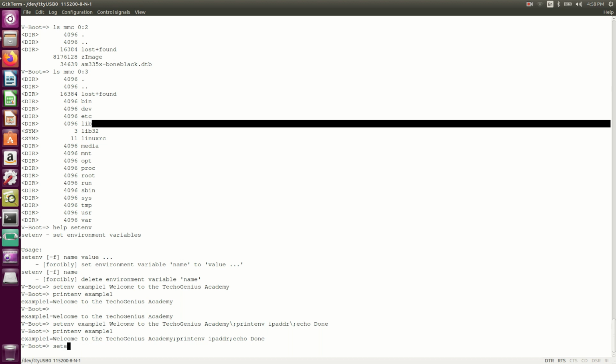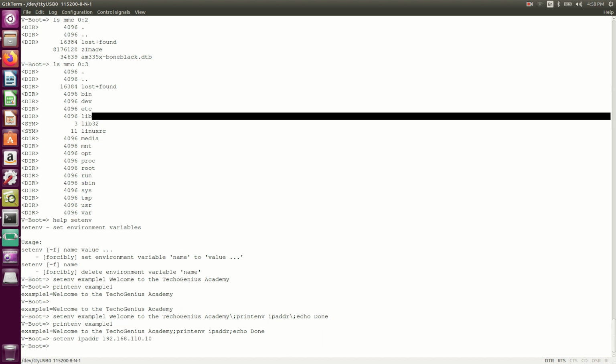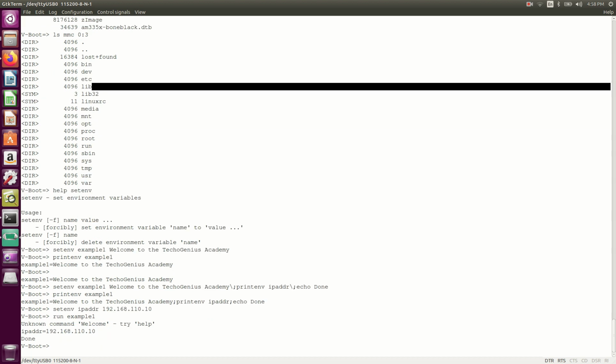So before that you need to set the IP address to something like 192.168.110.10. If I run example1, you can see here the IP address is equal to 192.168.110.10. In this way you can do the programming; you can write different commands.